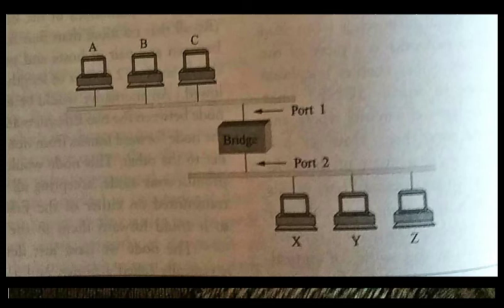Now we are going to see how the bridge forwards these packets. For example, say two ethernet segments are there. On one segment, hosts A, B, C are connected, and on the other segment, hosts X, Y, Z are connected. These two local networks are interconnected using a device called a bridge. The hosts on ethernet segment 1, ABC, should be able to communicate with the hosts on the other ethernet segment, XYZ. Segment 1 is connected to the bridge on port 1, and the other is connected to port 2.